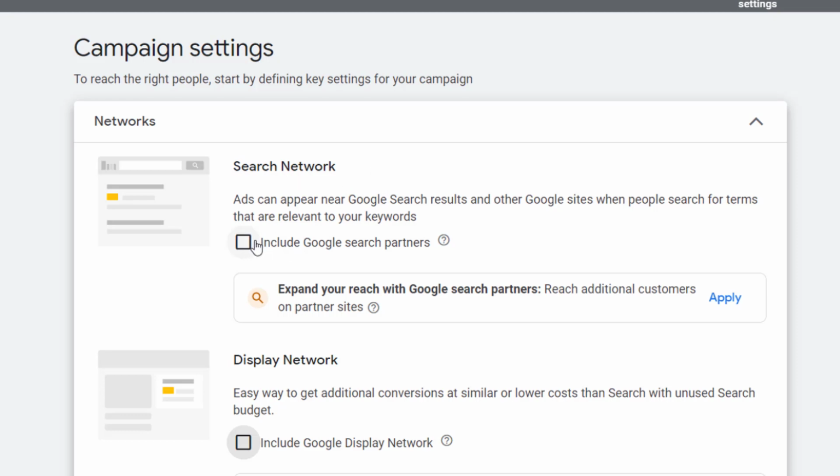Just because we don't find that the grade of results is good, you can A/B test it later on. Absolutely, especially if you have a low search volume, go right ahead with that, but for most campaigns I don't think you need it, especially if your search volume is good. The next thing is the display network.